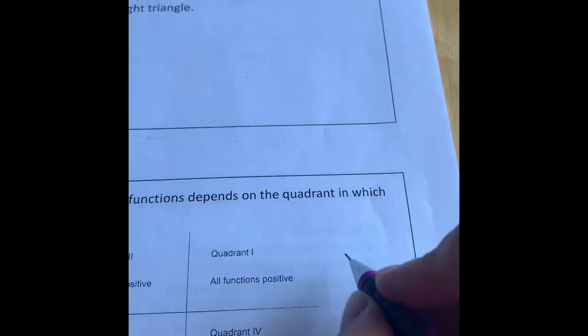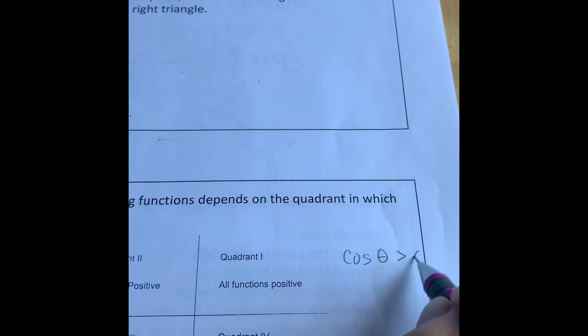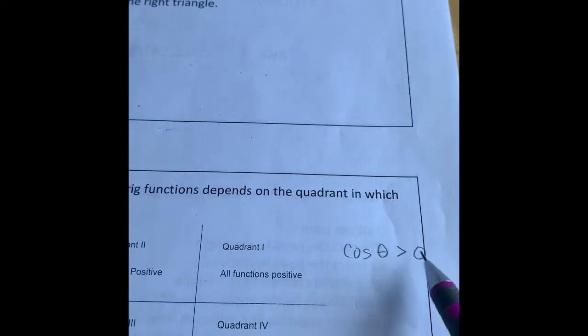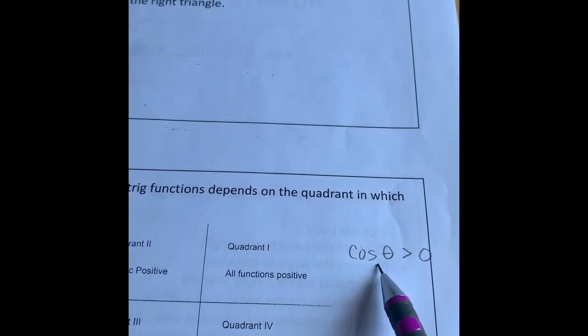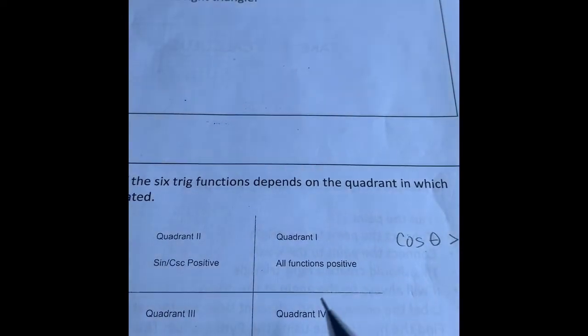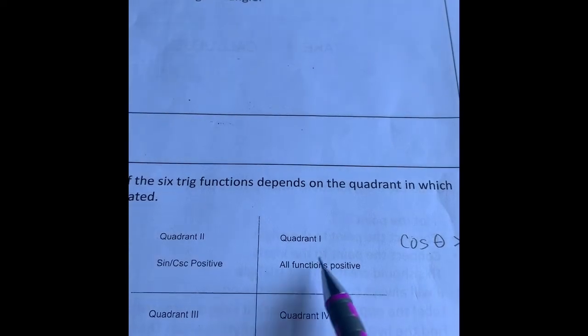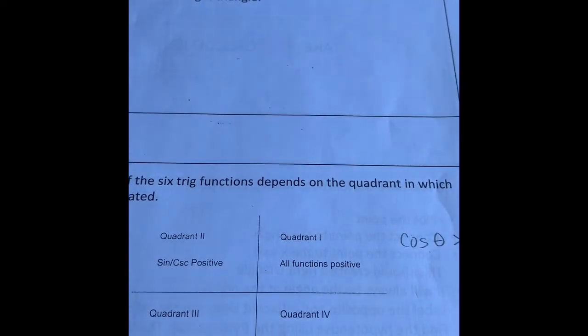For instance, if they were to say that the cosine of theta is greater than 0. Greater than 0 means that it's a positive number. So if we look back over here, which quadrants would cosine be positive? It could be in quadrant 1 or it could be in quadrant 4. If they then said that the tangent of theta is less than 0,